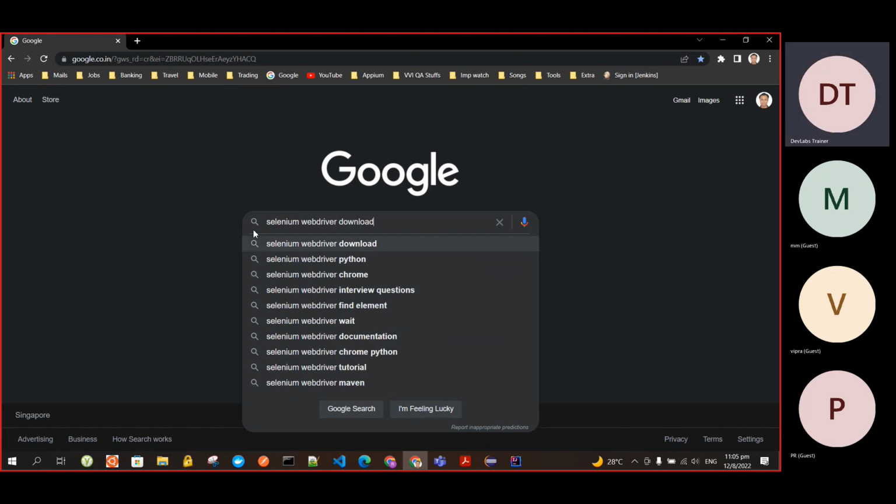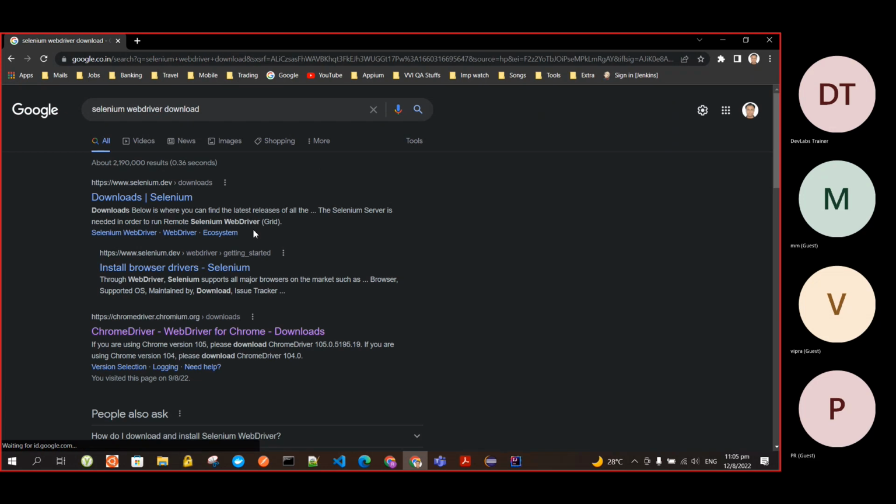Selenium WebDriver download. So this is the official site. There could be multiple sites, but this is the official site. To go there,